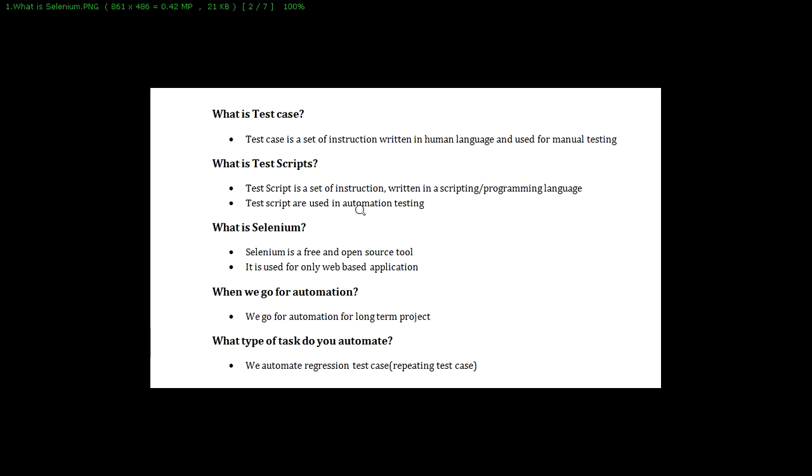Okay, and why do we go for automation? If a company is running a long-term project, we want to trigger the manual cases as well as automation cases. At that time we use an automation tool, and Selenium is preferred. And what type of task do you automate? Absolutely regression testing. What is regression testing? If you develop one application, and once the development is completed, you find any mistake in the application,